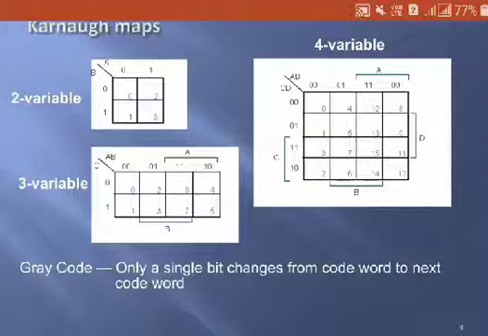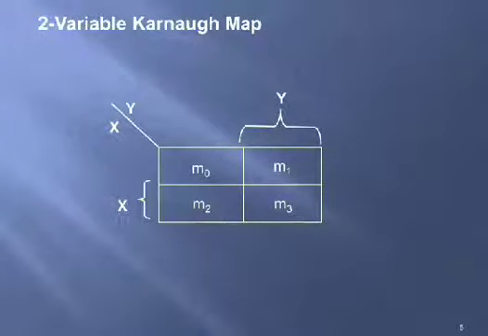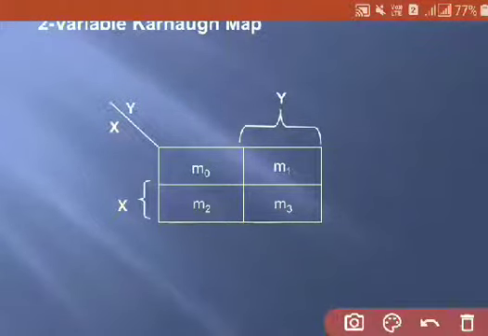Okay, so this is the procedure we need to follow for drawing the K-maps for a given number of input variables. Next we will first see the two variable K-map. So this is how a two variable K-map looks. It consists of two input variables x and y, and correspondingly 4 cells, that is 2 squared number of cells, will be there in the K-map. Let us say x is MSB and y is LSB. I'm considering x as 0 1 and y as 0 1.